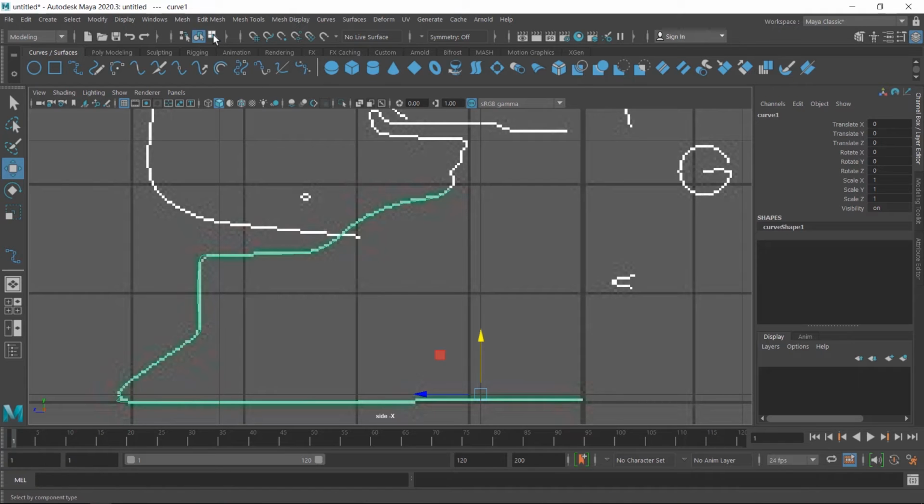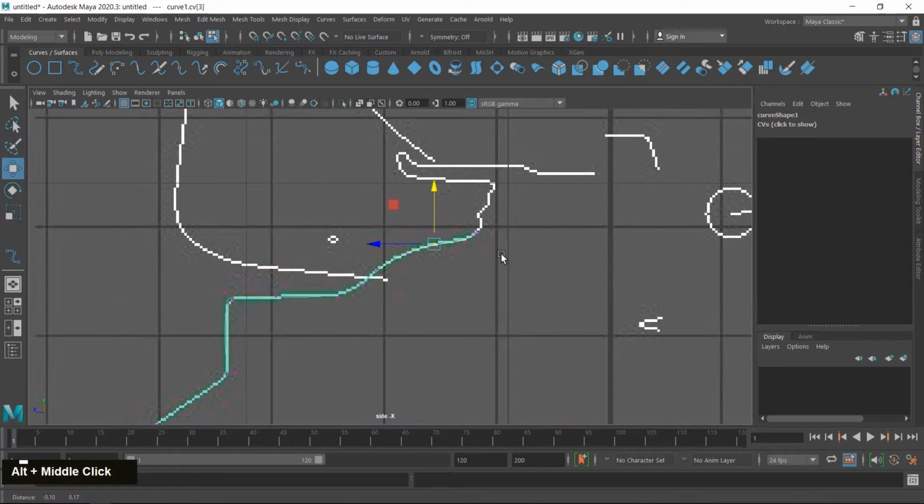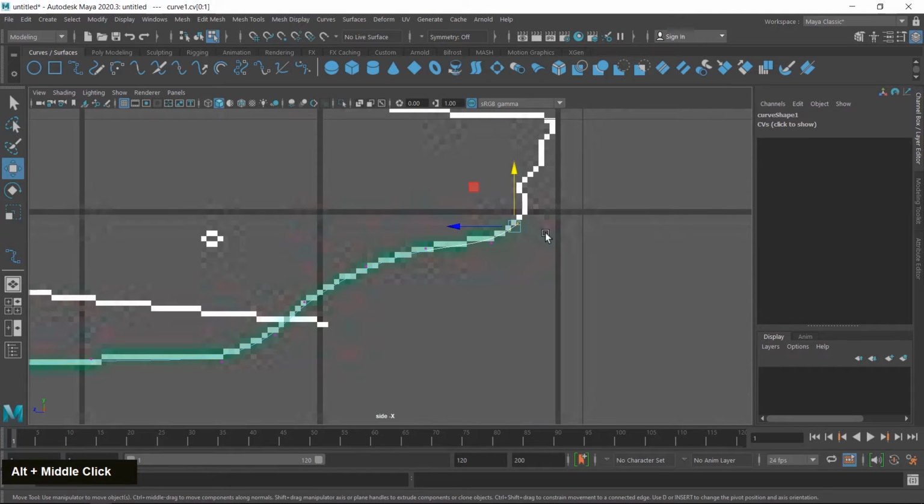Now click on the component button, select these points and modify a little bit if required.